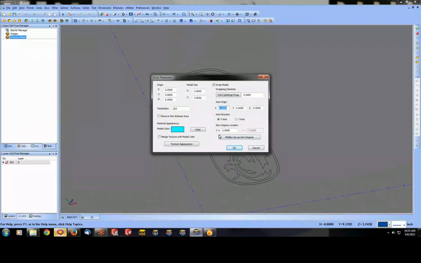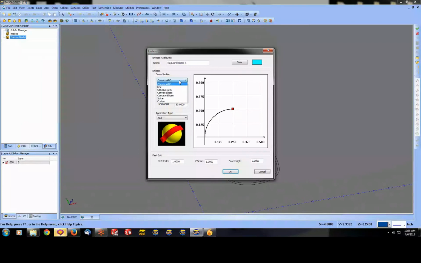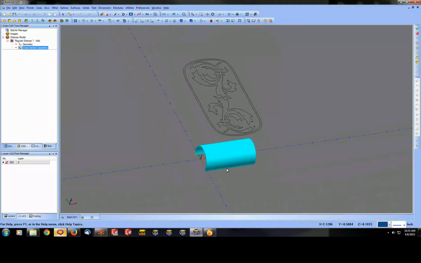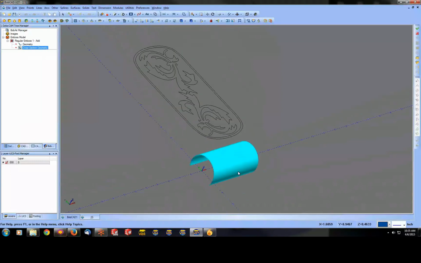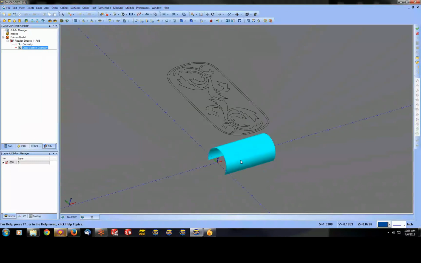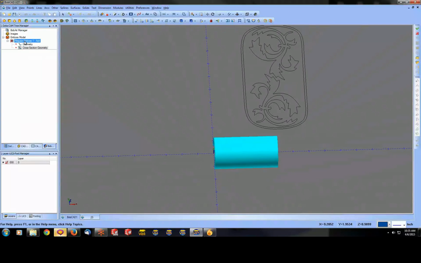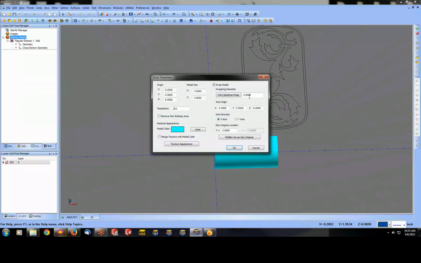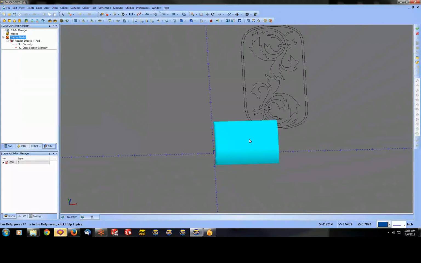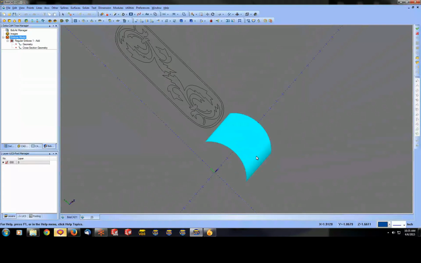We'll just set all that to 0. And actually, we'll do the convex arc, and we'll just do a smaller radius on there. So once that's there, we actually get the wrap geometry as our embossment stock. So we can go in there and modify that from there. It looks a little small, so let's change that to 4. A little better, but